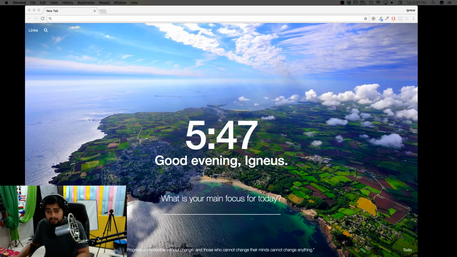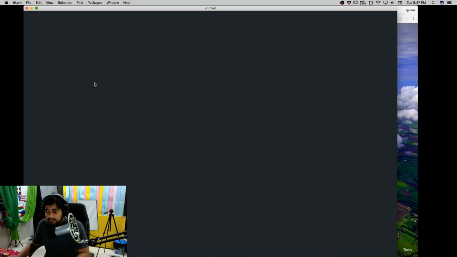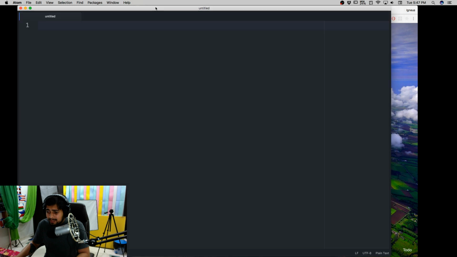Okay, so surely we can start now. Okay, that's good news. So web dev. Let me give you a few quick things. I'll be using Atom editor. I have recently shifted from Brackets to Atom because I think it's much more powerful and much easier to work with. And I'll create a new folder on my desktop and I'll simply call it, let's call it site. I don't know why, but let's call it this.